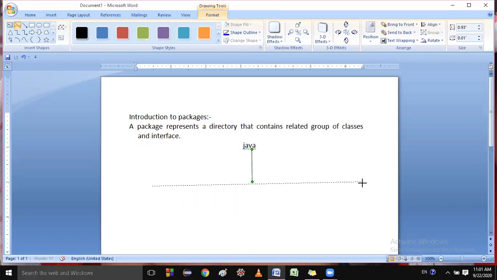And one more thing, can a package contain a sub package? That means a package inside a package. It can contain.